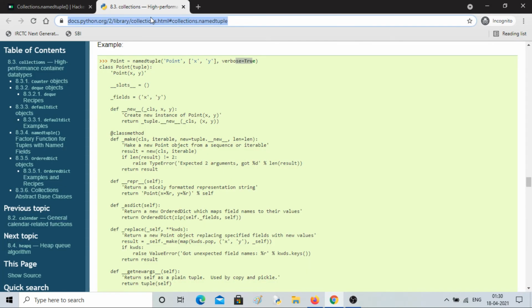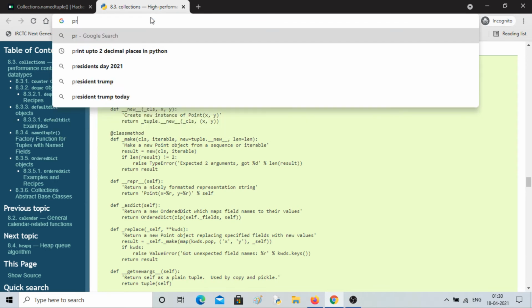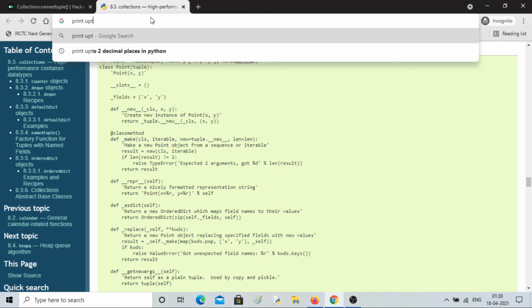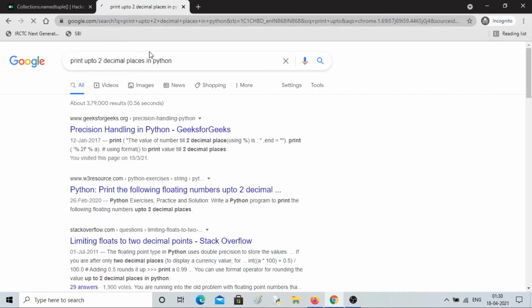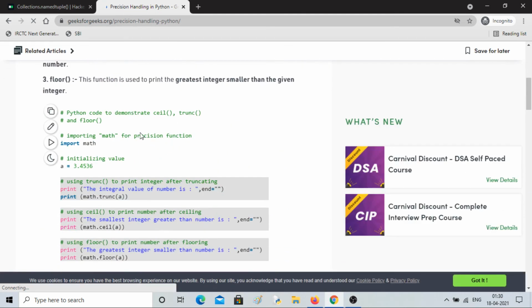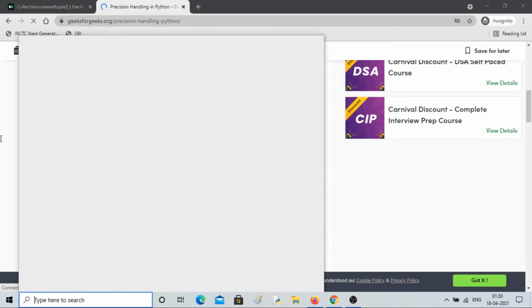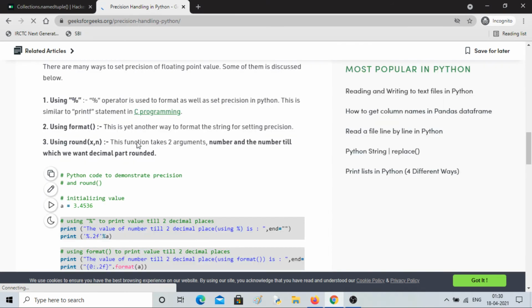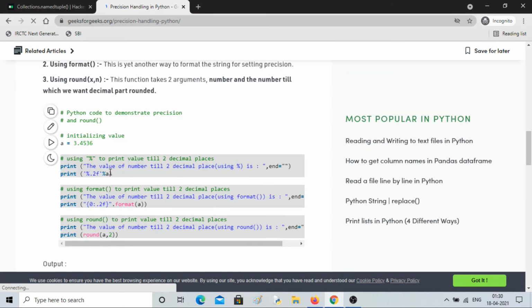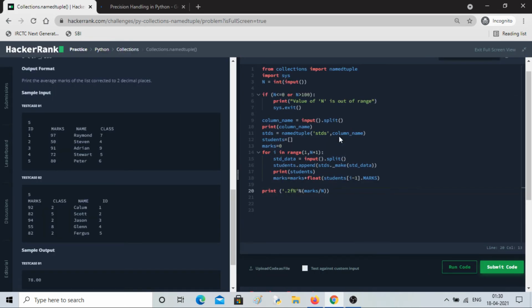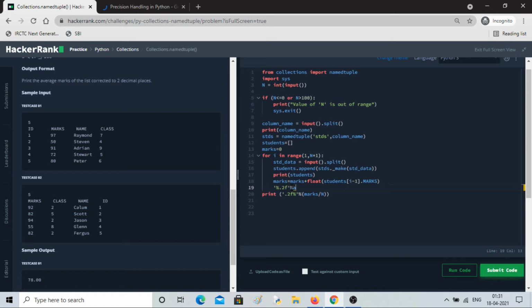Okay, I have to search: print up to 2 decimal places in Python. What's the command? Percentage f, this is the command, so I always forget. So percentage is in front. Okay, percentage is in front. That was the mistake. Everything was the same.